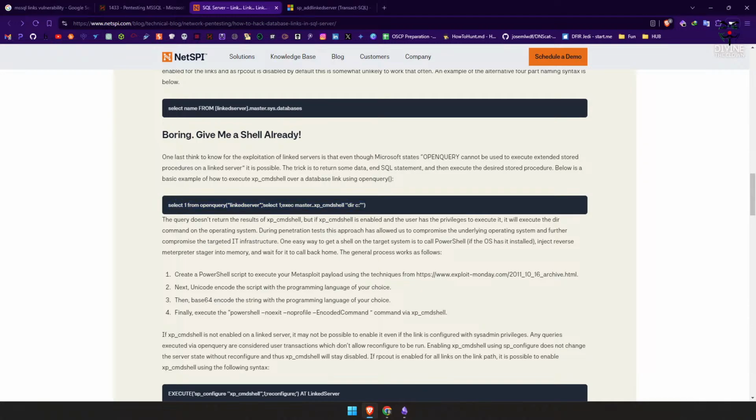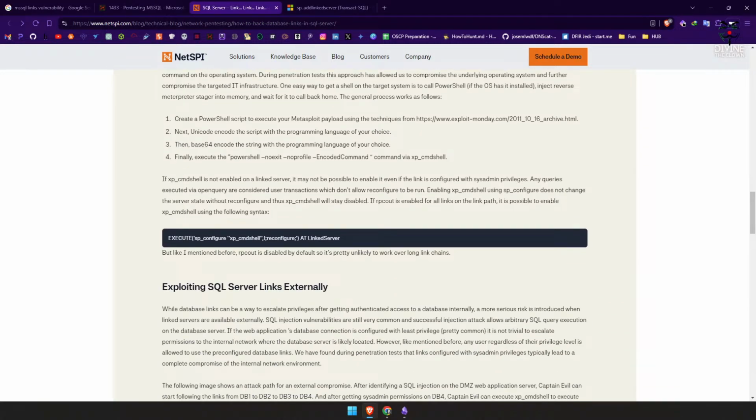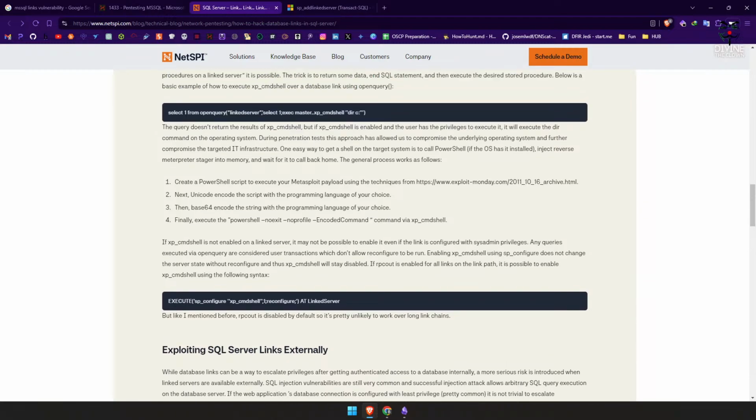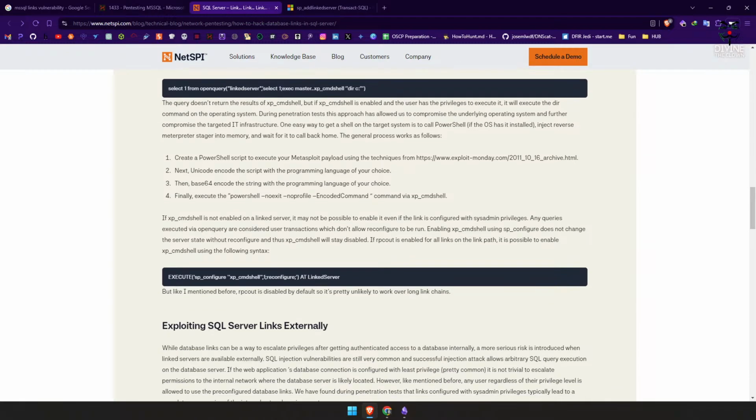Is there anything else other than this we can use? Let's check below. Okay, we missed the other part. Create a PowerShell script to execute your Metasploit payload. Okay, so this person has also created a Metasploit for this. I see. Finally, base64 encode the string with a programming language of your choice. Finally execute the PowerShell with no exit, no profile, and encoded command